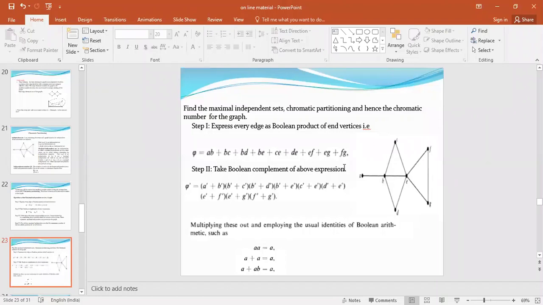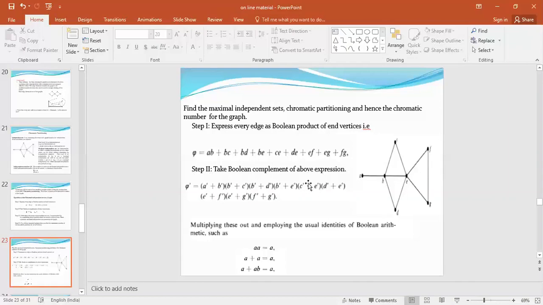Then the next step is to take the Boolean complement of the above expressions. So you know what is the Boolean complement of the above expressions? It is (A plus B) complement. So it is A' B'. If it is a sum, then it gets converted into a product. So it is actually AB plus BC. (AB plus BC) complement is AB complement into BC complement and then BD complement, and then again AB complement is A dash plus B dash. So finally this sum is being converted into product, and these products are being converted into sum. So it is simply your De Morgan's law.